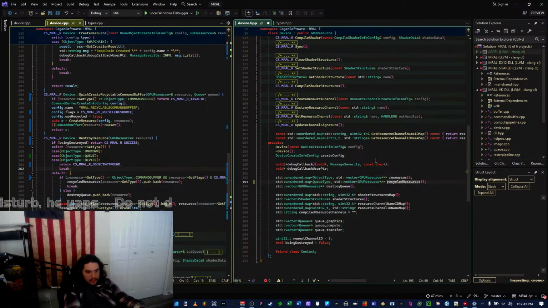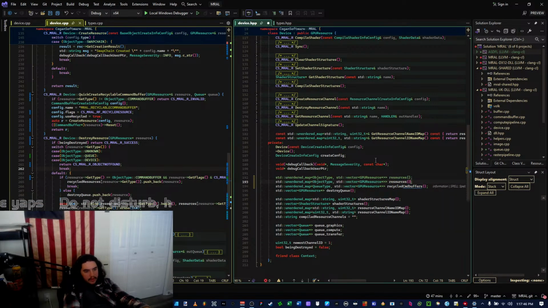I'm gonna change this up. Change it to recycle command buffers, and also resources. I guess this can work. Kind of works. It's fine for now.